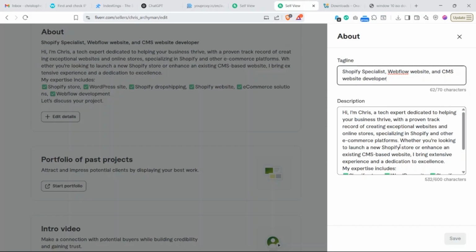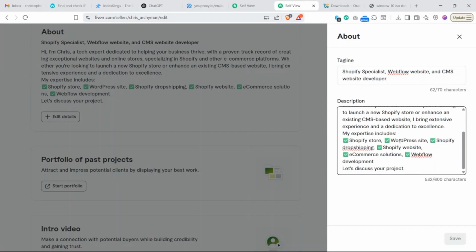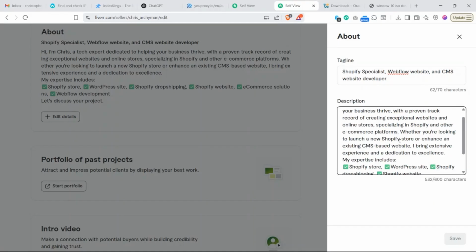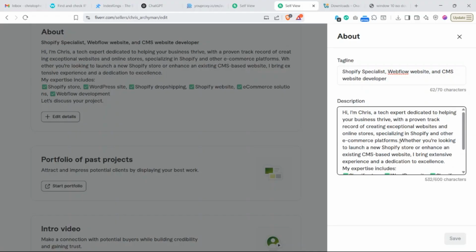Now look at this description. I'm not asking you to copy this. If you like, you copy, that's your problem. I've explained in my last video what copying someone on Fiverr can do for you. Once you are copying someone back to back,